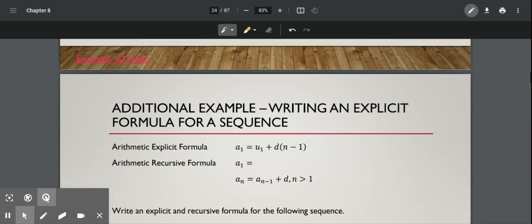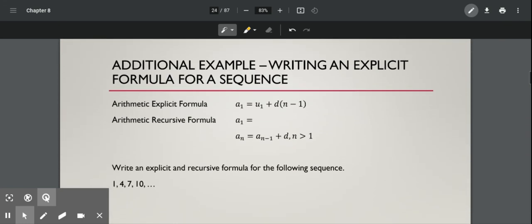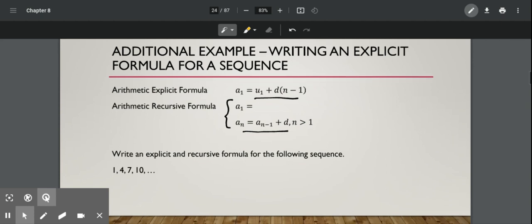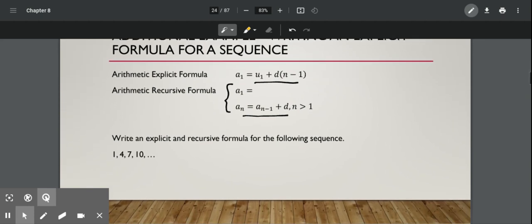And then our last example is writing an explicit formula or recursive formula for a sequence. And so remember, we have our explicit formula and we have our recursive formula. And if we want to write a formula for a sequence, we usually have to identify what that first term is and what the difference is for the sequence. So to write our explicit formula, which is this first one here, this should be, instead of saying a sub 1, a sub n, because it's just an n. So our explicit formula, we would say, is a sub n